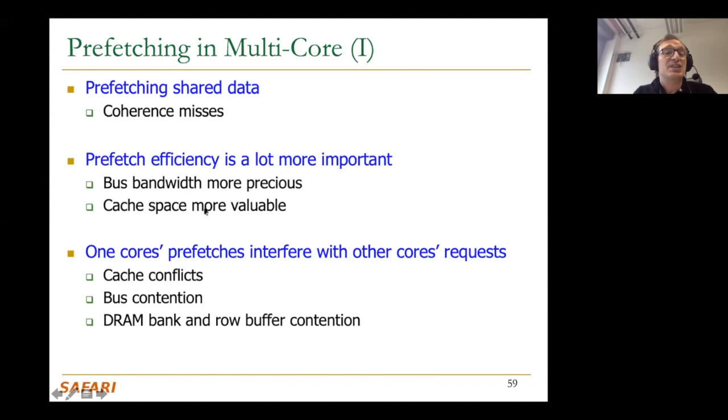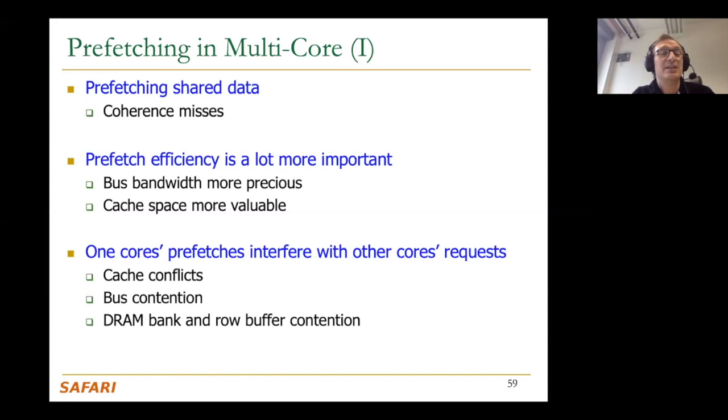As I said, prefetch efficiency is a lot more important because bus bandwidth is much more precious and cache space is very valuable. So you need to be very, very careful. And one core's prefetches interfere with other cores' requests, as well as other cores' prefetches. You can have more cache conflicts, more bus contention, and more DRAM bank and row buffer contention because of prefetches, even accurate prefetches. So in fact, in some of our works, we showed that even if your prefetcher is accurate,